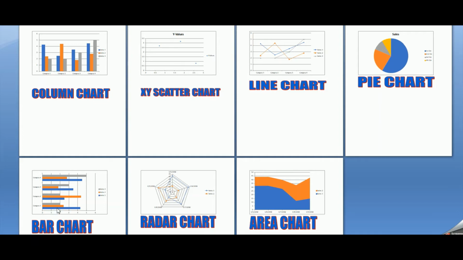Next you can see here the bar chart. Basically it is used when we are doing a comparison among individual items. So in that case we can use the bar chart. Here the categories are organized vertically, and the values are in the horizontal bars. So in this way the column chart and bar chart differ. Here it is vertically displayed categories, and here horizontally.